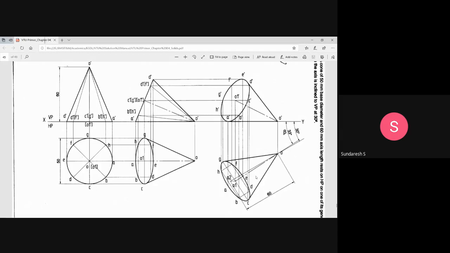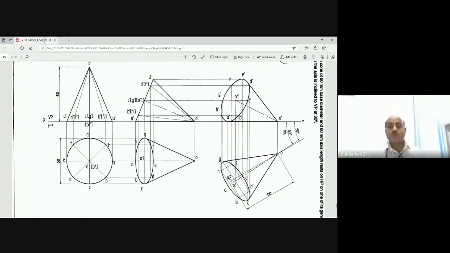Now measure the length of the axis from the second position top view, with O as a center, and cut an arc, and join O and the point where that arc intersects the locus line. That is the actual axis we were supposed to get. Now project it back to measure the beta angle for that. So you're going to get 33 degrees for this beta angle.